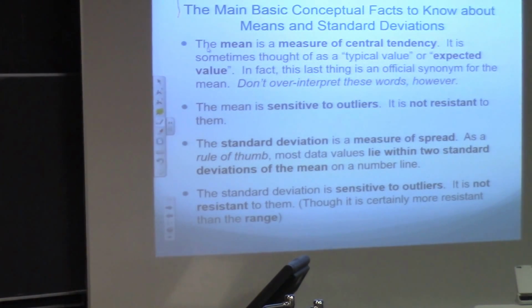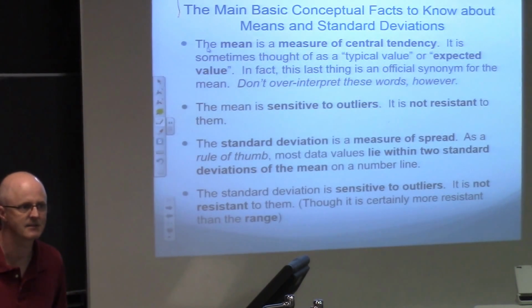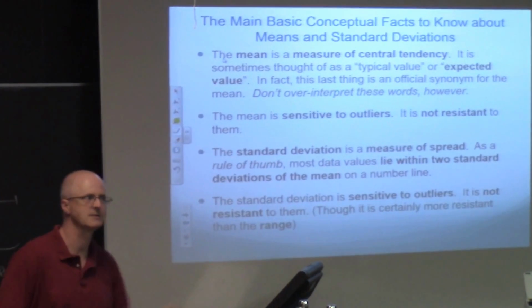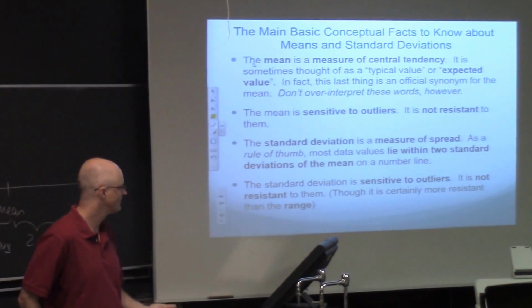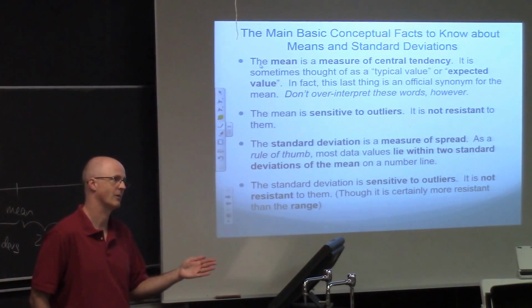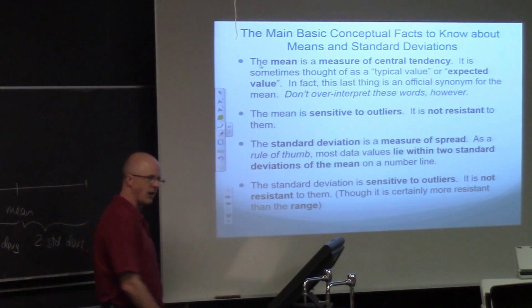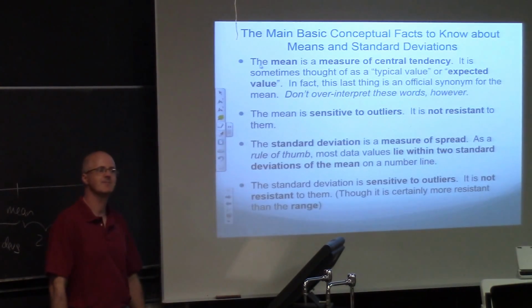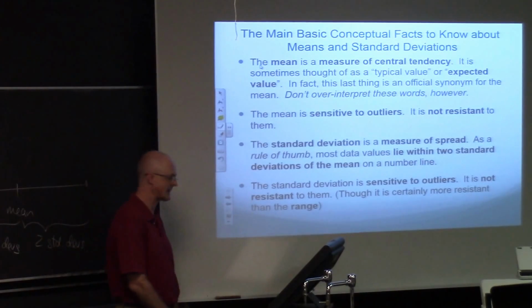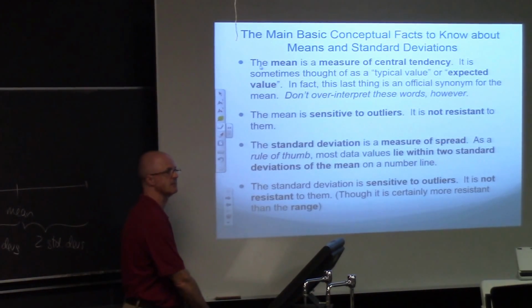It will also affect the standard deviation, but not as much. Something called the interquartile range, which we'll look at today, is definitely more resistant to outliers. It's less sensitive to them. Got those words? Sensitive, not resistant means greatly affected by outliers. Not sensitive or resistant means not so affected by outliers. Okay. These are all things that could be on quizzes, maybe next Tuesday, maybe next Thursday as well, and maybe even on future quizzes a couple weeks from now, because these quizzes are cumulative.